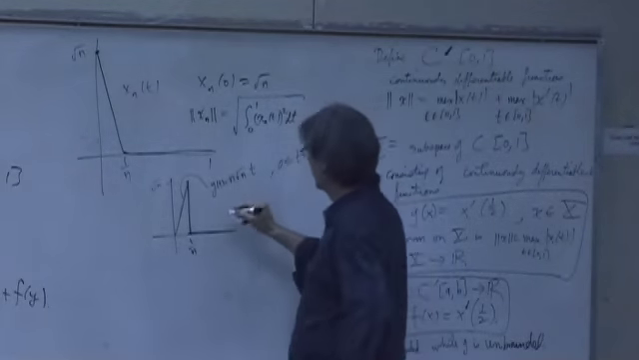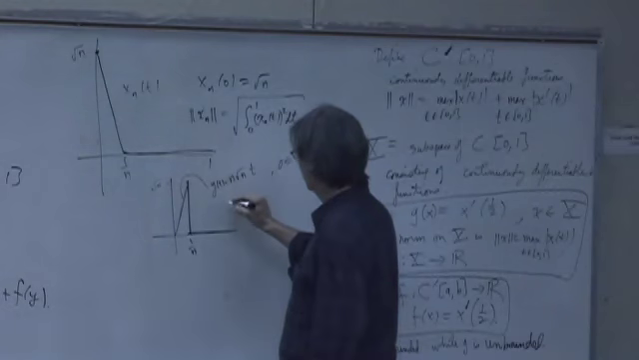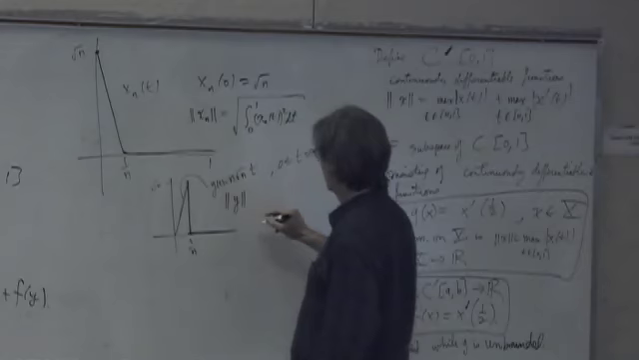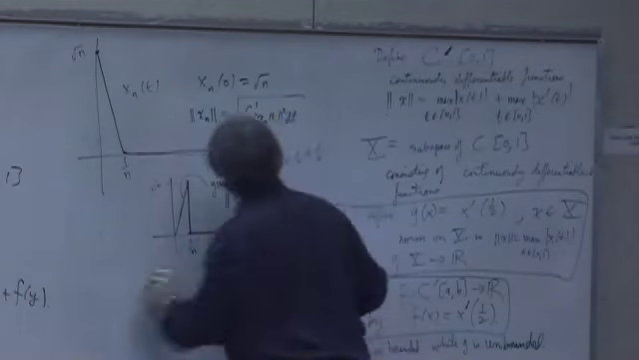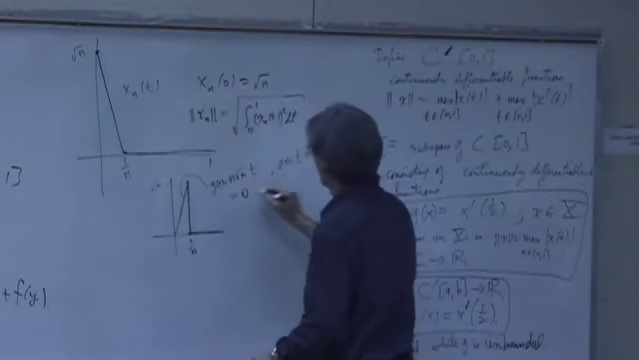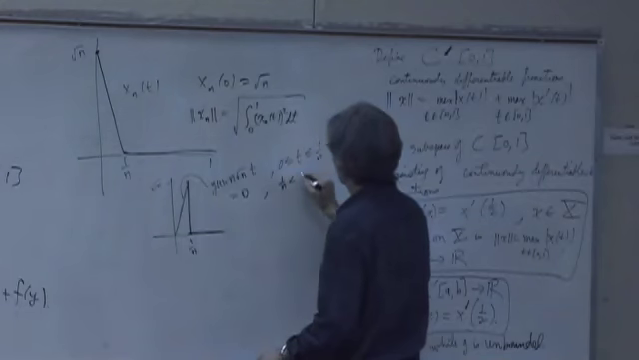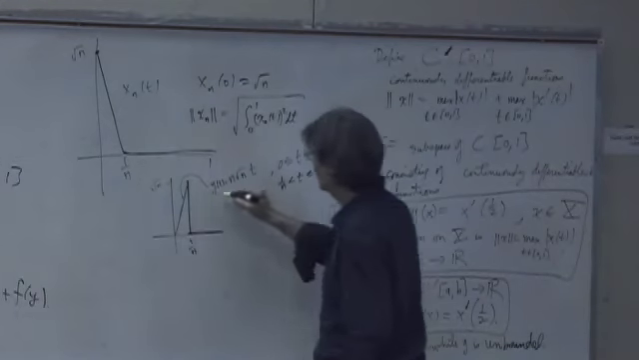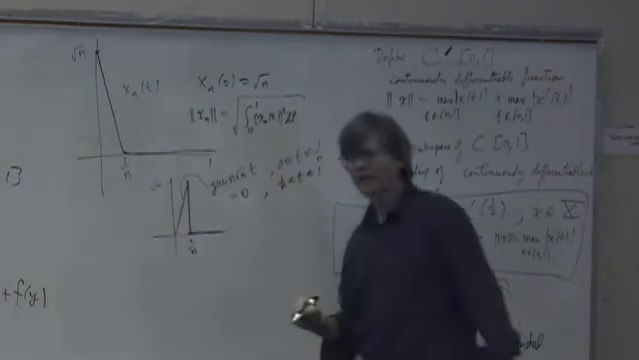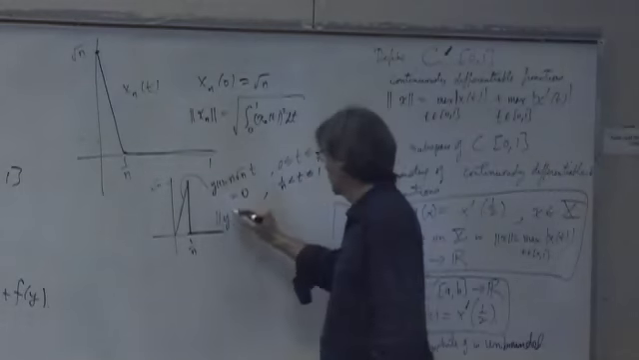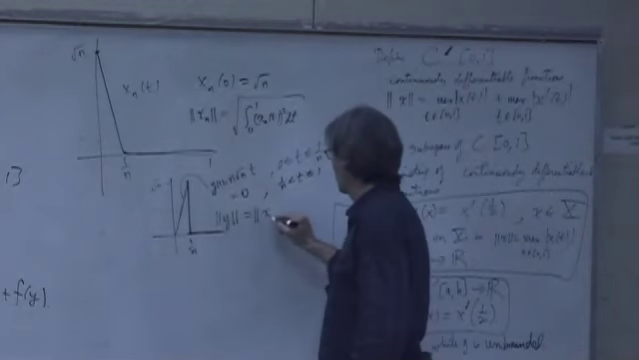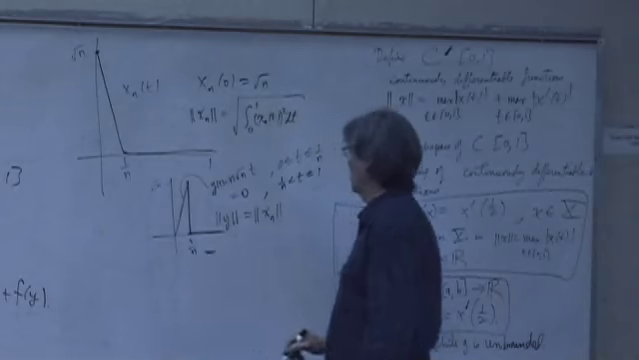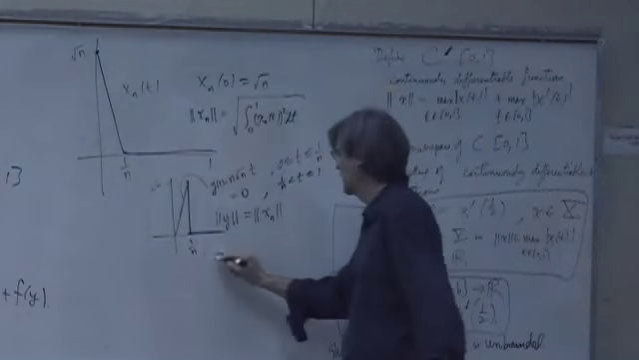So the norm of y, and then y equals 0 where 1 over n is less than t less than or equal to 1. So if I define this function, then the norm of y equals the norm of xn. And what is this norm of y? This norm of y is